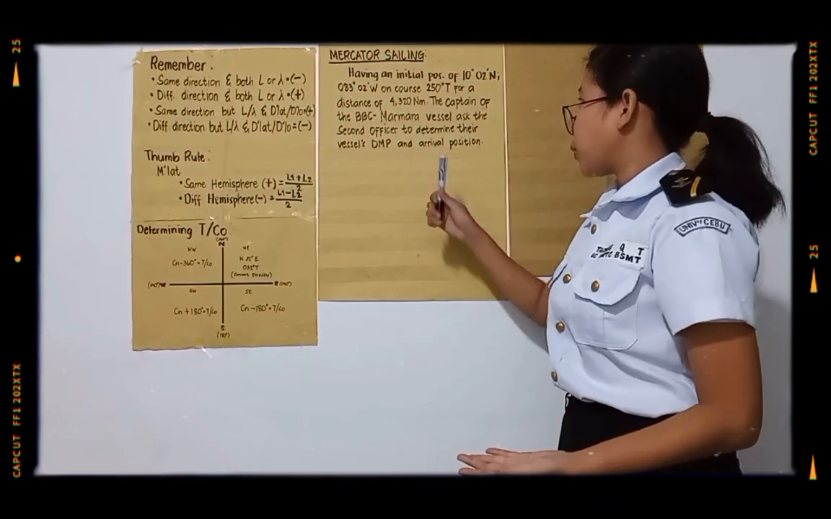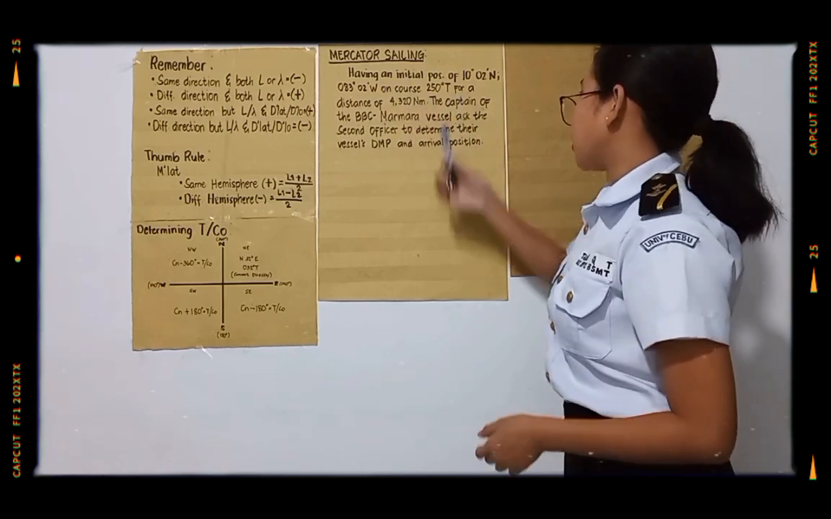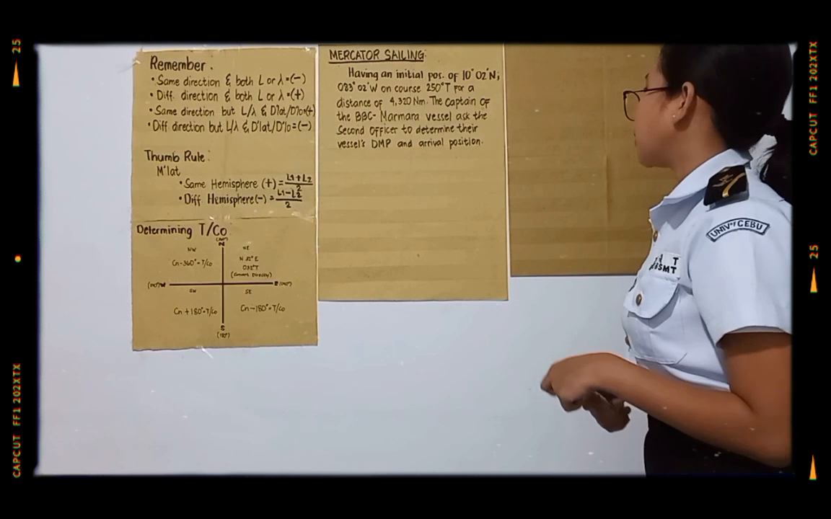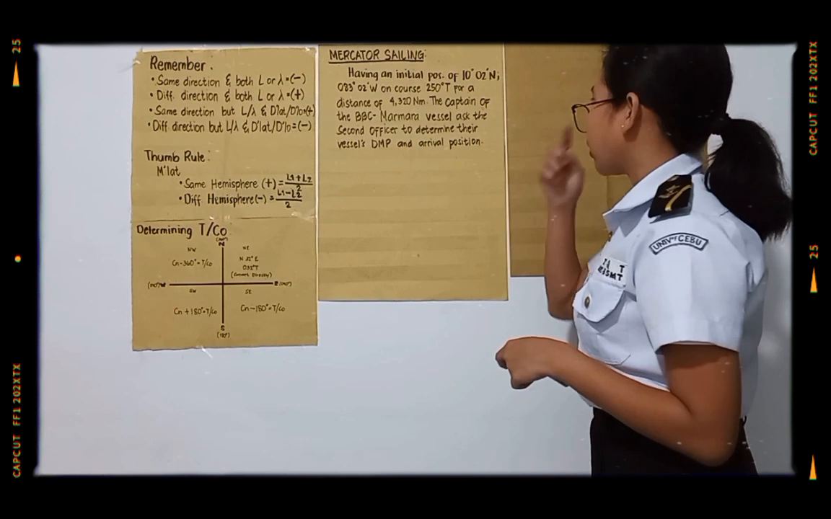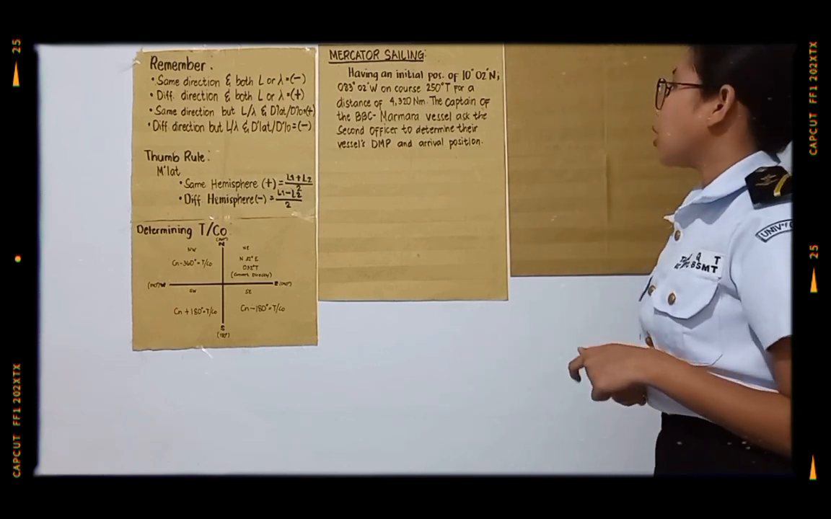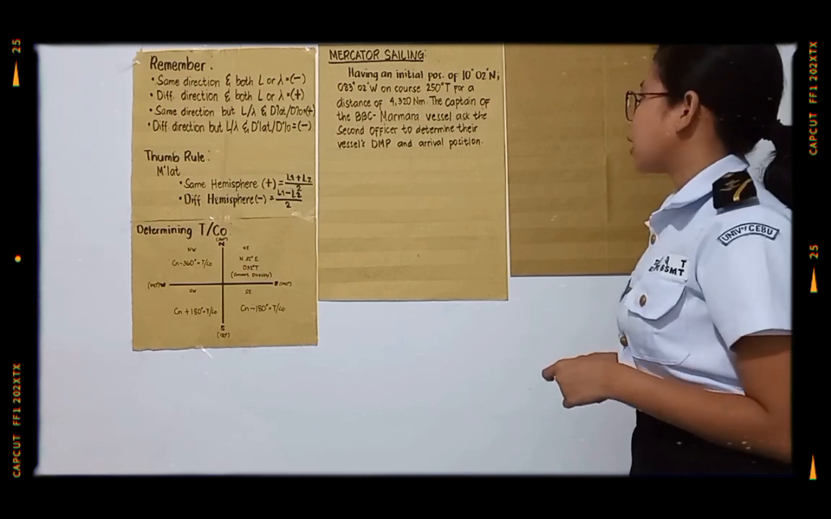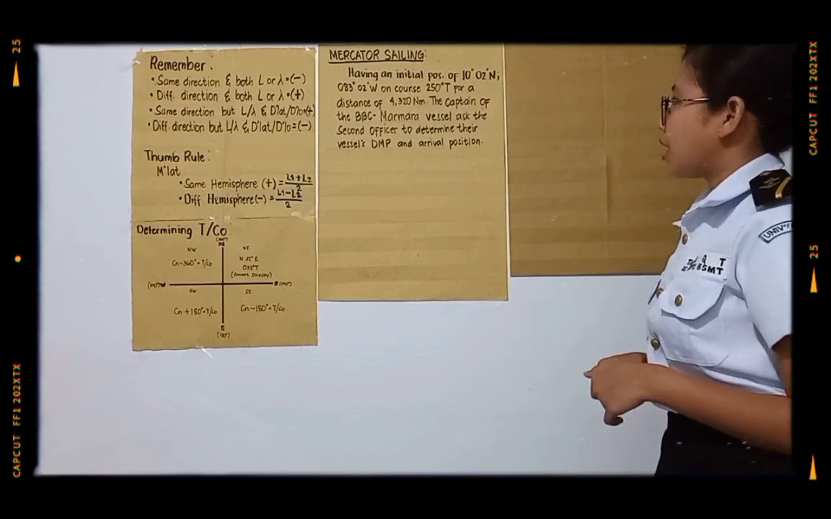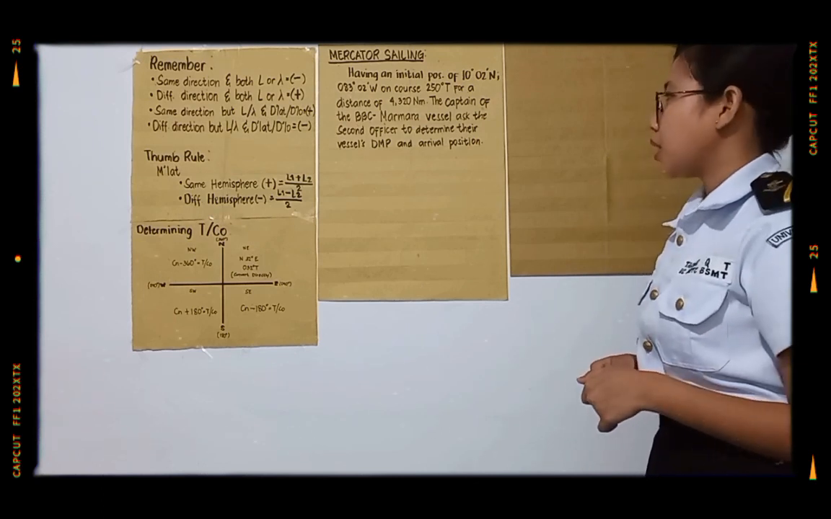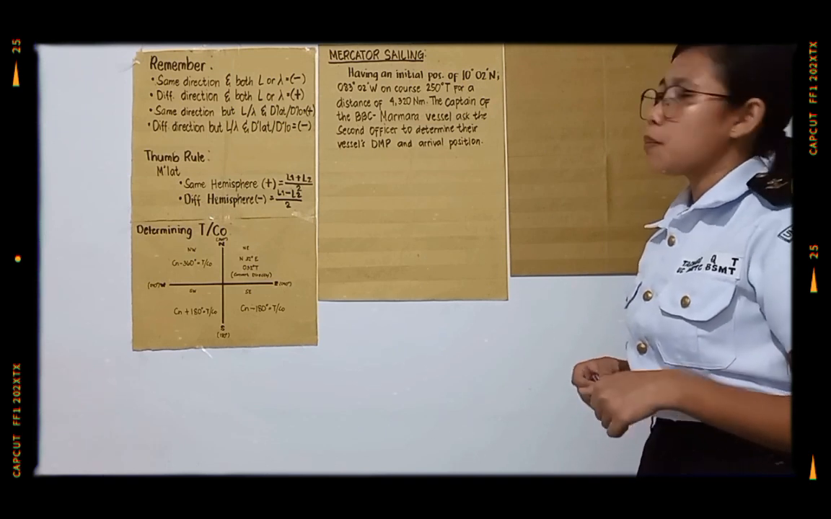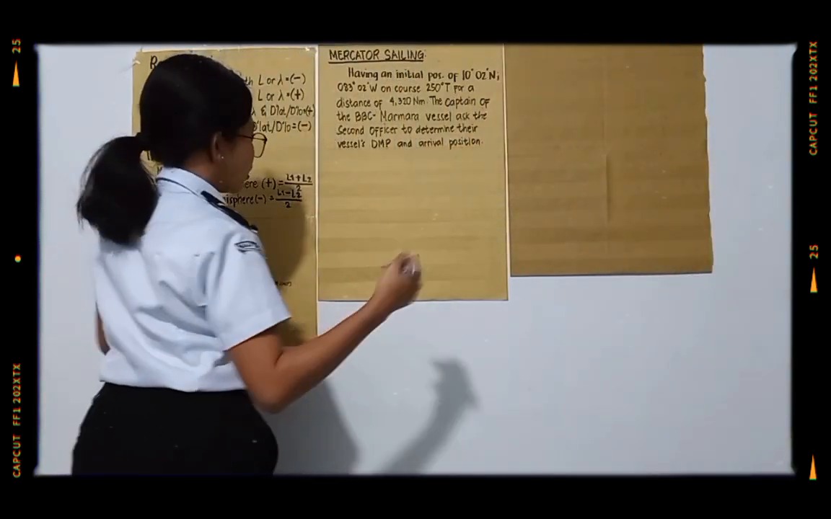So we are now in Mercator sailing, having a scenario of an initial position of 10 degrees 2 minutes north, 83 degrees 2 minutes west, and course 250 true course for a distance of 4,320 nautical miles. The captain of the BBC Marmara vessel asked the second officer to determine their vessel's DMP and arrival position. DMP are the difference of meridional parts. So the givens are,